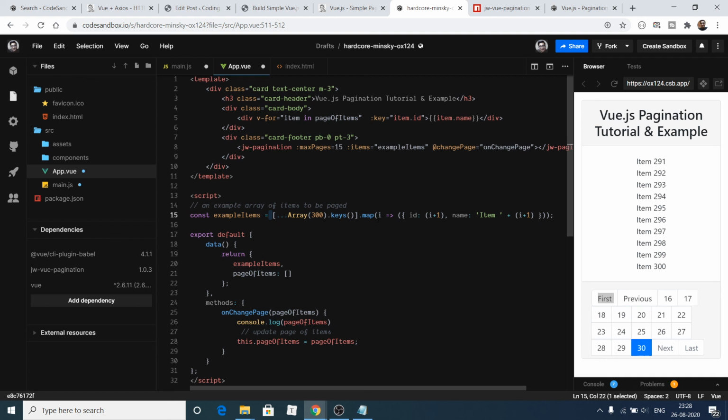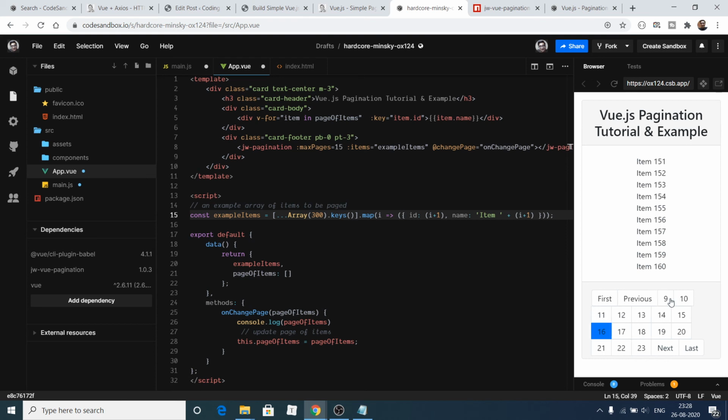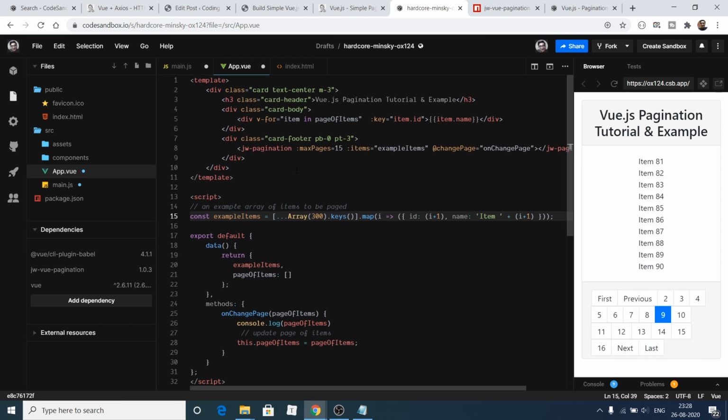We have simply applied a map function. We are providing an ID as the first parameter, and then there is a name parameter, which is item. We are just looping through: item 1, item 2, item 3. In this way we have declared 300 items, and then we are using this pagination component which comes with the JW pagination library.